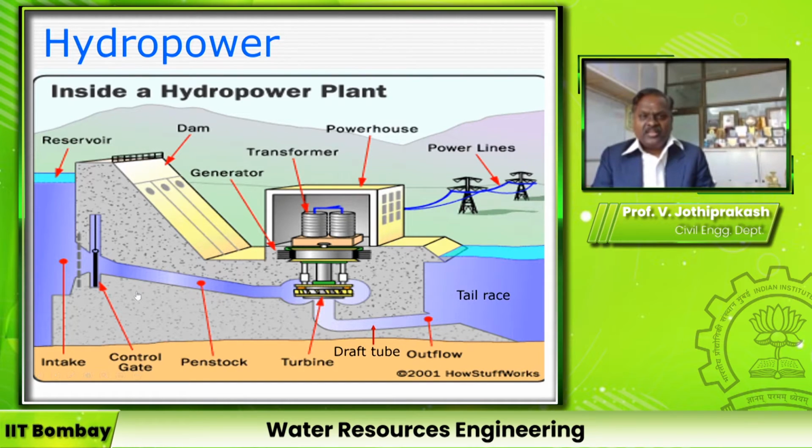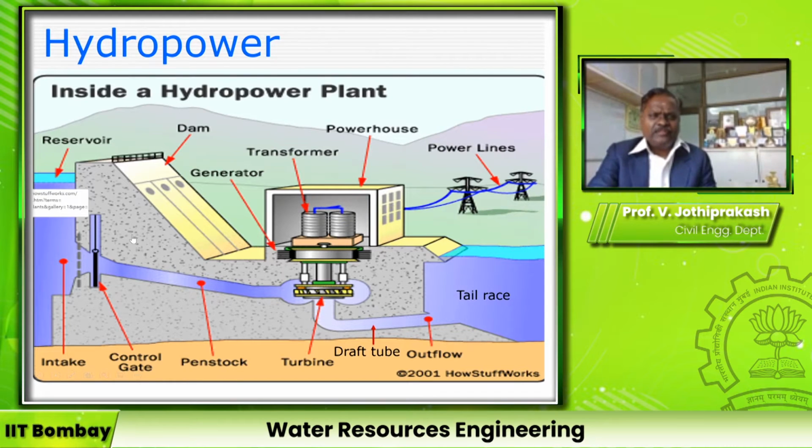On the other hand, there are certain dams where the power producing water will never come back to the river, or it is not used for irrigation purposes. There the objectives are conflicting. It means the water cannot be used for dual purpose at the same dam. Then what are the components of a hydroelectric power plant?